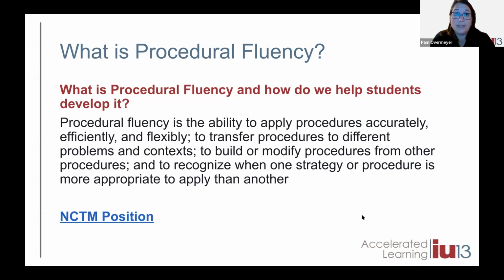So with looking at what you guys have thrown into the chat, let's take a look at the definition of procedural fluency. This is really looking at the ability to apply procedures accurately, efficiently, and flexibly. Those three words are so very important with procedural fluency for our students to have accuracy within their math, be efficient within their math, and be flexible thinkers. When looking at the digits and the numbers that they're working with, being able to do that and then transfer those procedures into different problems and contexts. That really becomes the fluency piece within our math versus the fluency within reading.